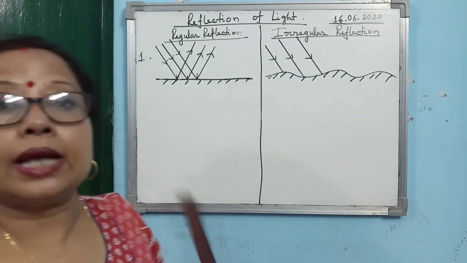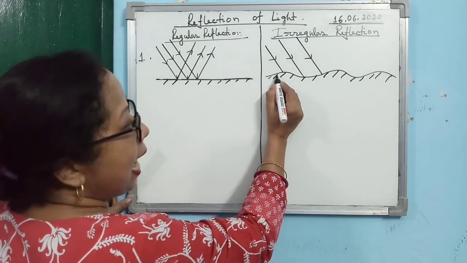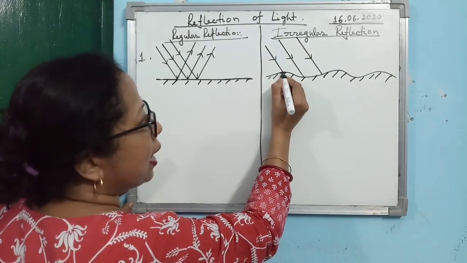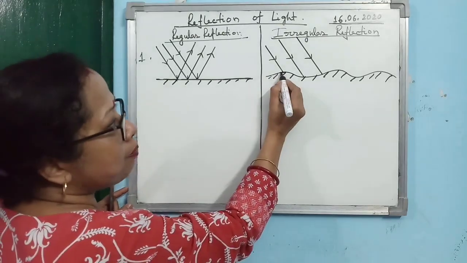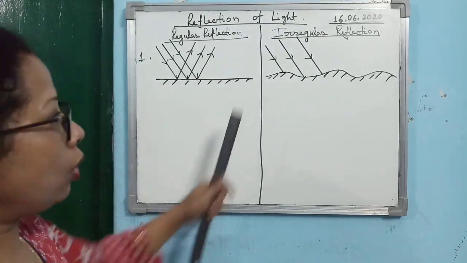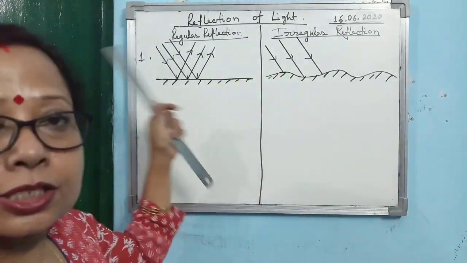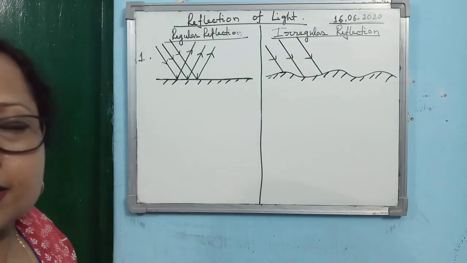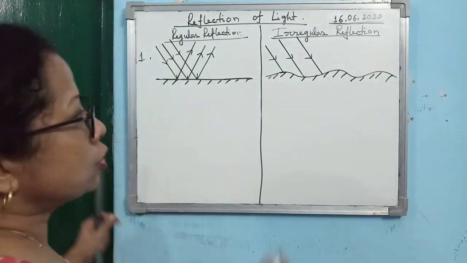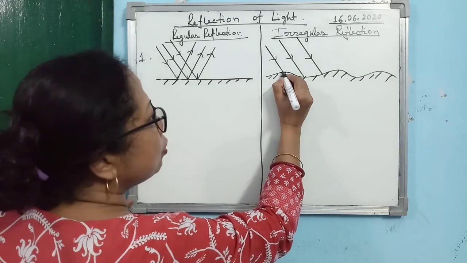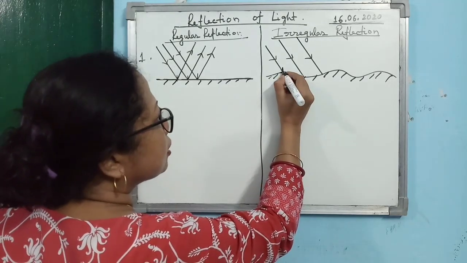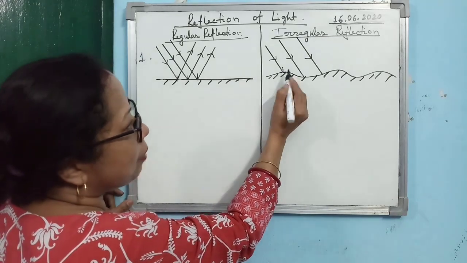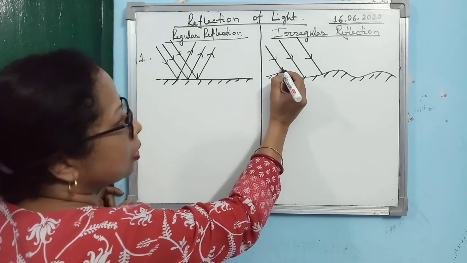Please follow the instruction. Here you see, as it is not a plane surface, you just consider a small part. I have drawn a small part, and it will appear as a line only. Although the entire thing is not a line, if you take a very small part at the point of incidence, it will appear as a line. So you just mark that, then draw a perpendicular to it. First I have marked the small line, then I have dropped a perpendicular at that point.